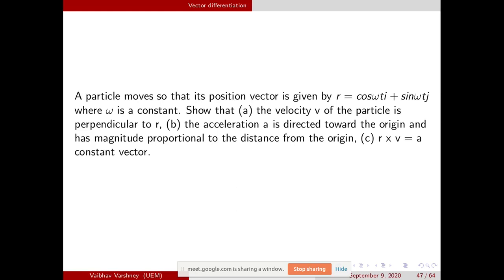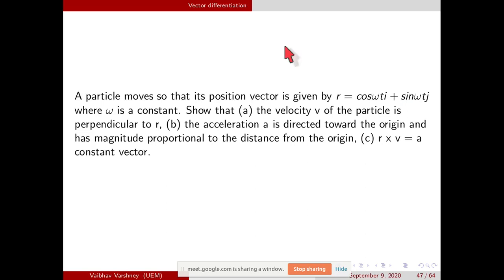Now you have written it. Now just take minus omega square common, and the inside terms which you are getting are exactly the r vector. What is the r vector which I have given? cos omega t I cap plus sin omega t j cap. So we can write it as minus omega square r. Now clear?